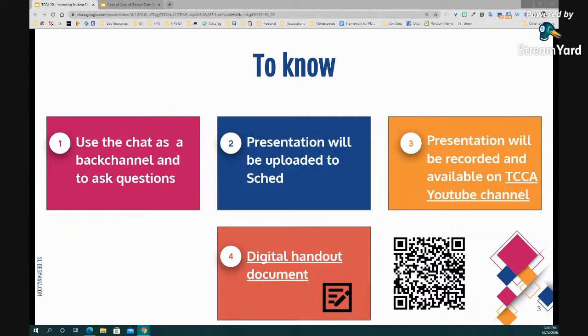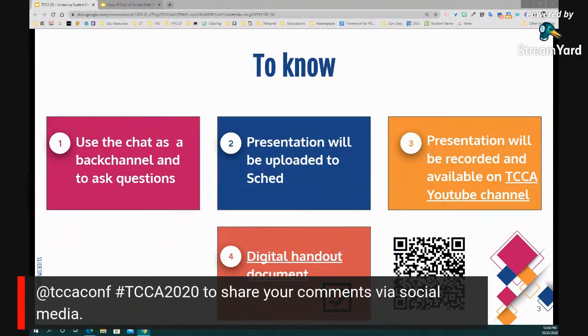And the last one is a digital handout. This is optional, and Hosea will be putting the link in the chat for you right now. I also have a QR code that links to it. It will force you to make a copy. I personally like to take notes alongside. I tried to put as much information as I could in there as well. It's a little bit like a guided note, not completely, but I hope you find it useful. If not, no worries. It's again optional to use. And as I said, this will be a little bit of a fast-paced session due to the lots of information I want to share. I did put as much as I could on my slides.